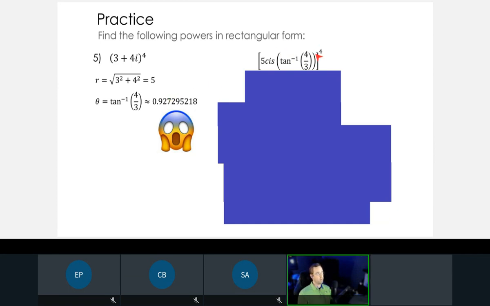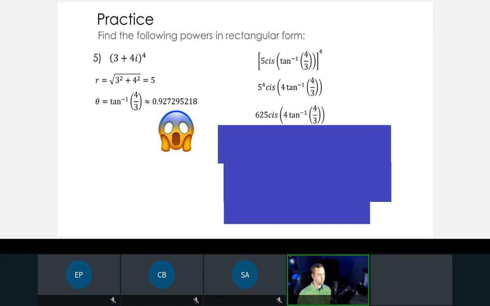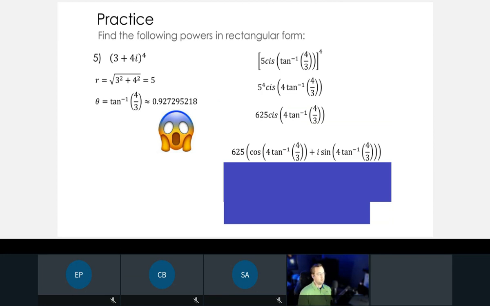All right, now I'm going to do 5 to the 4th power and then multiply my theta, which is this, by 4. I'm then going to write it in expanded form, after I do 5 to the 4th power. And now what you're going to do is you're going to type in